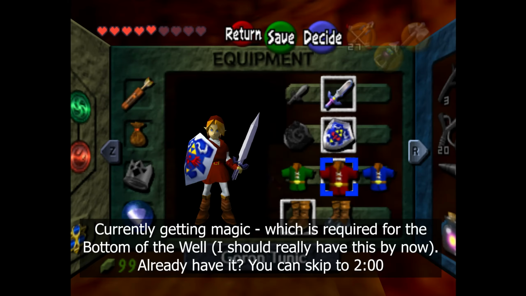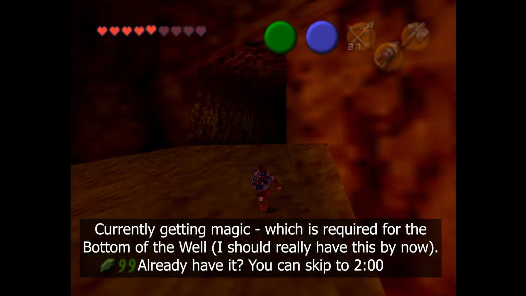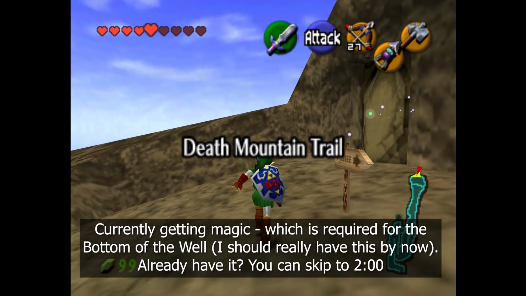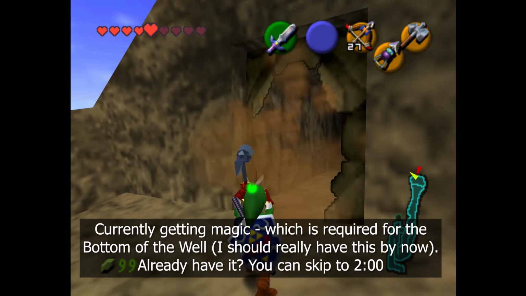So yeah, definitely getting things out of order here. But hey, it's Ocarina of Time. There's a little bit of freedom there. It's kind of one of the ways this game is sort of magical, as you can carve your own path. But anyway, here we are on top of Death Mountain now,